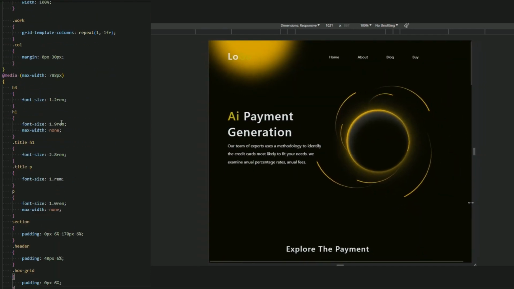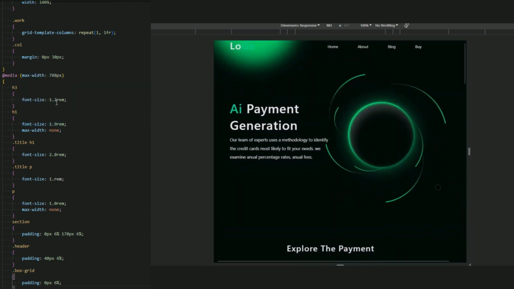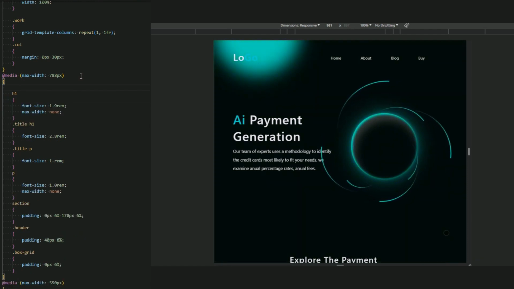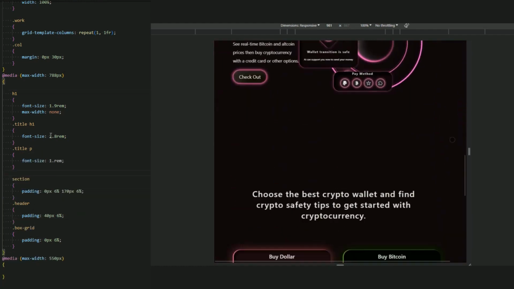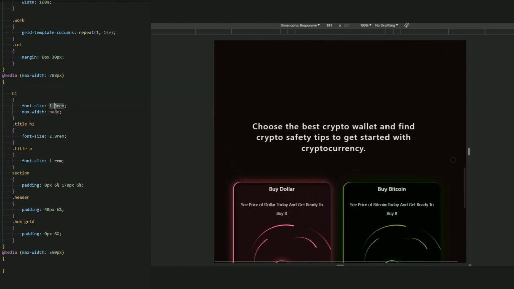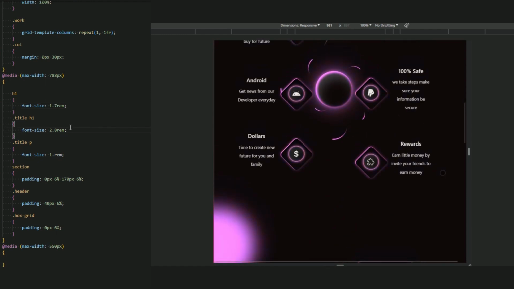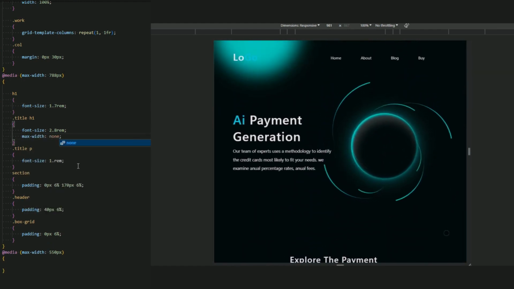Now for this media of the phone, H3 let it be 1.3, 1.2, so we don't need this, and P we don't need it, I think. Yes, we don't need this. Let me decrease this to 1.7 rem for this H1, and let me add a max width none because we want to add a repeat 1, 1.4, and for this max width none.